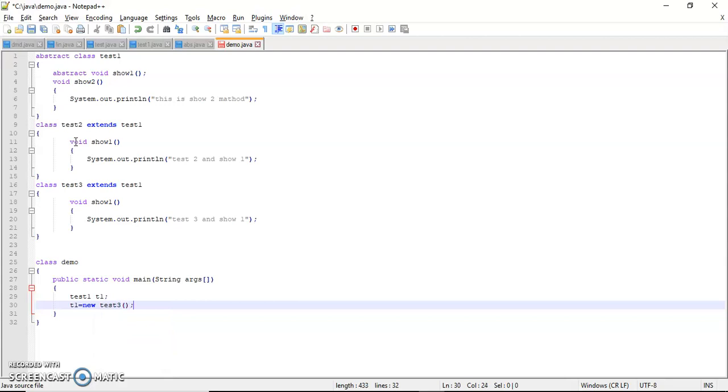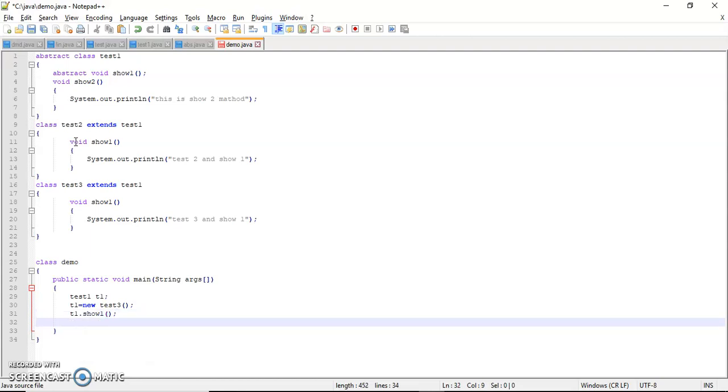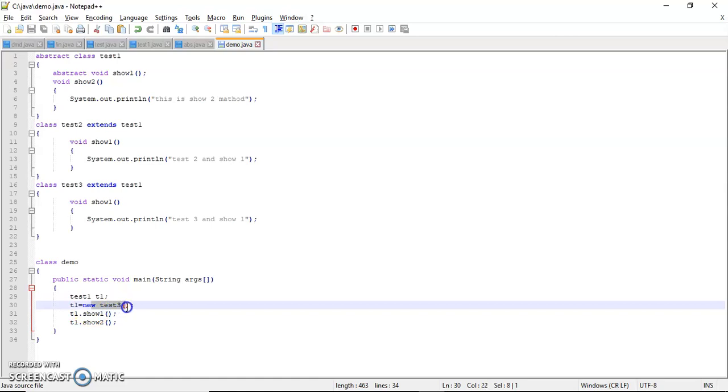Right now I am giving memory of test3. Then t1.show1 and t1.show2 method, and save the program.